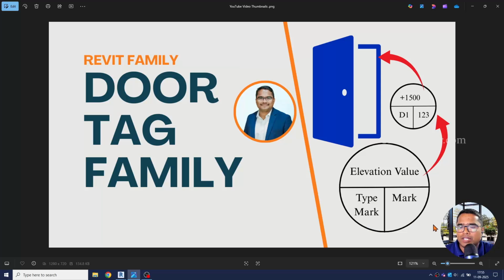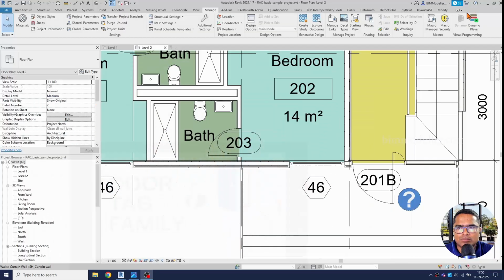So I knew Dynamo can do it, and somehow I had not learned Dynamo, but I was able to do it myself. It's a visual scripting, so I was able to do it because the basic things are the same. By achieving this, I got interested in Dynamo. After that, I started learning Dynamo, so I thought of making this a tutorial. So let's go back to the